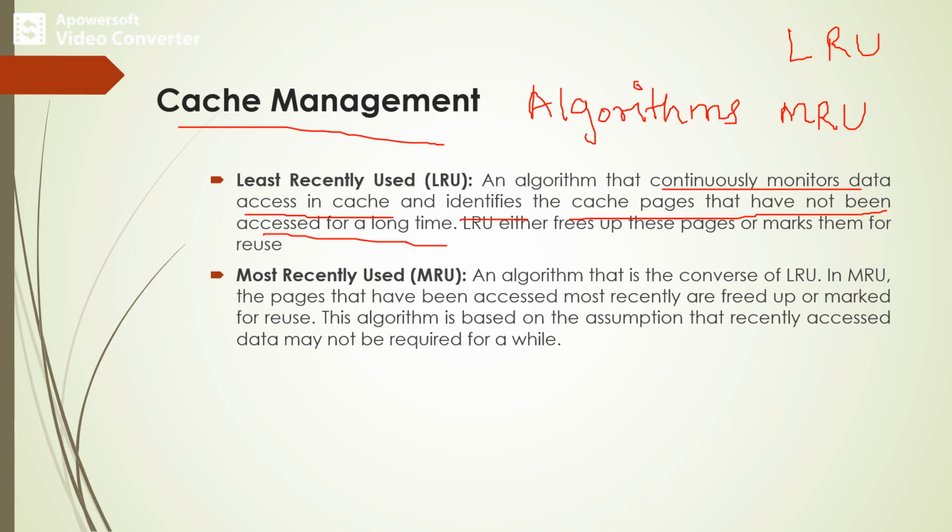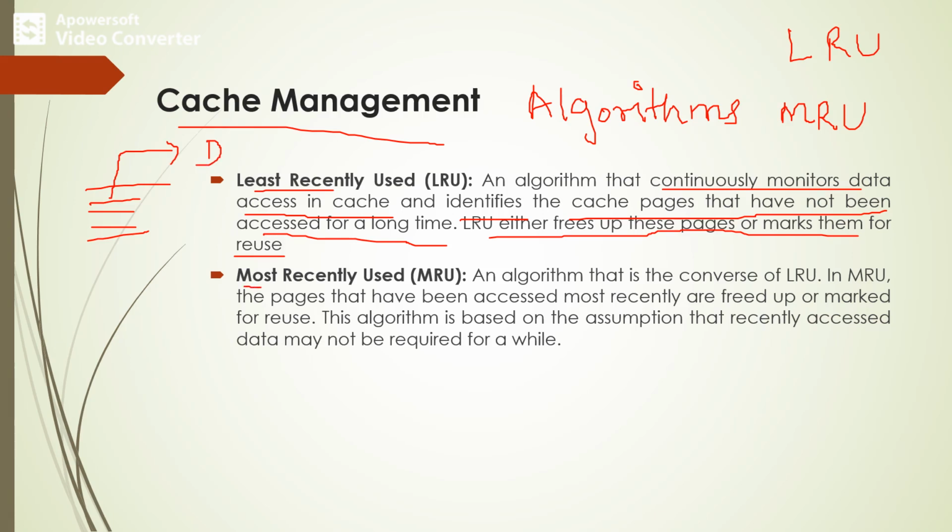So the cache, in such instance, with respect to LRU, this algorithm decides that such set of pages will not be accessed in future. So those set of pages will be transferred from the cache into the disk. So that means we have to free up, suppose that whenever the cache is full, we have to delete some set of pages from the cache. So depending upon the least frequently used concept, those pages can be deleted from the cache. Deleting in the sense, such pages will be copied into the disk.